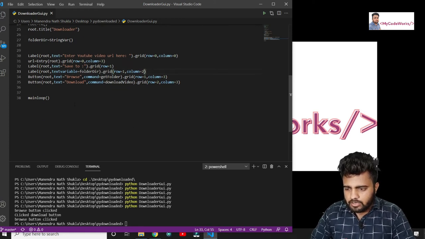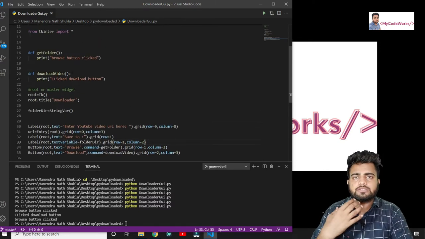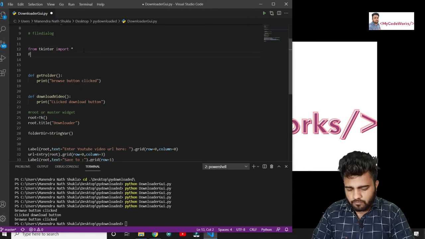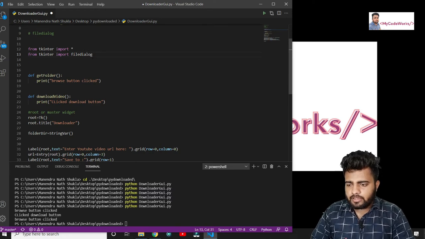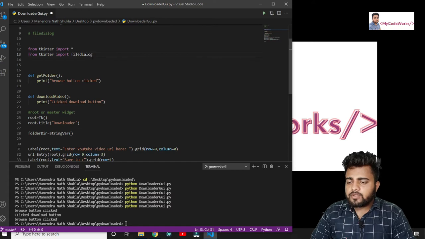After clicking, it should ask for a directory, like selecting a folder menu will be asked. So from tkinter, import filedialog. We are going to get these things.